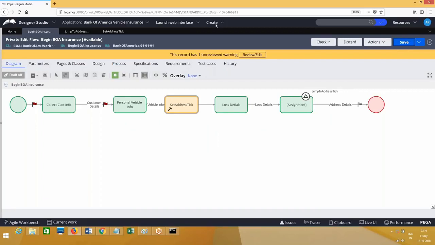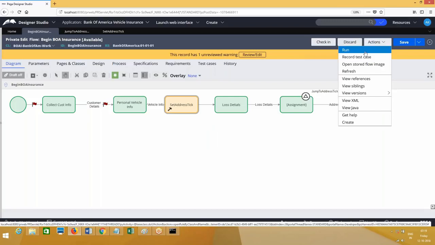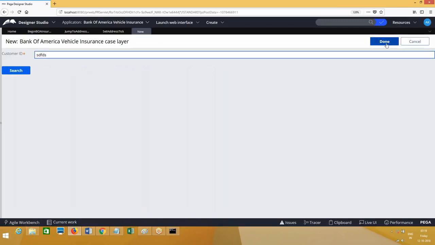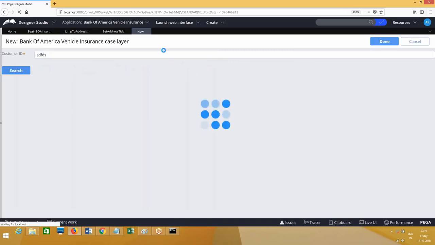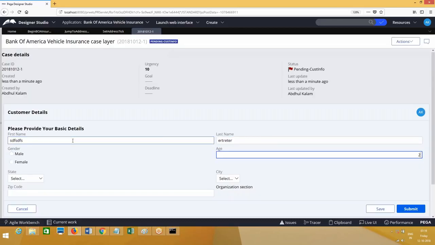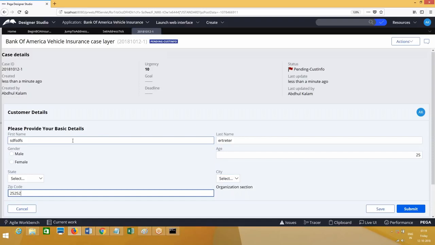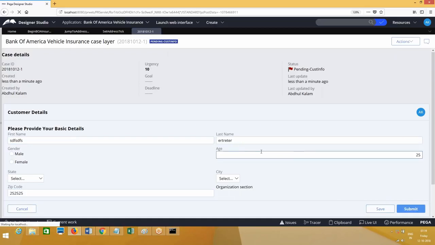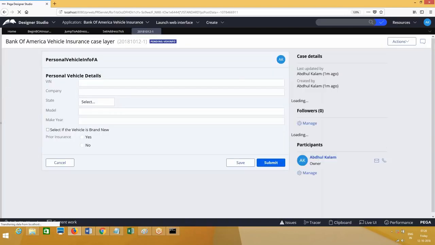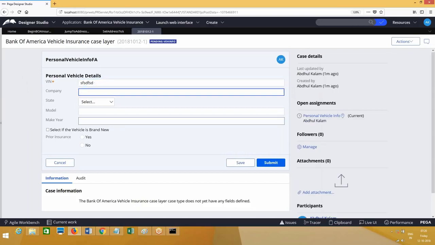Save this, and now we can go ahead and run this. Run the flow and test it. So I think this is the checkbox, right?